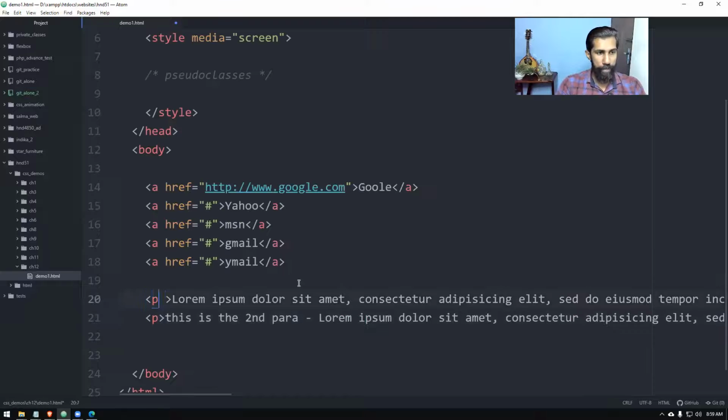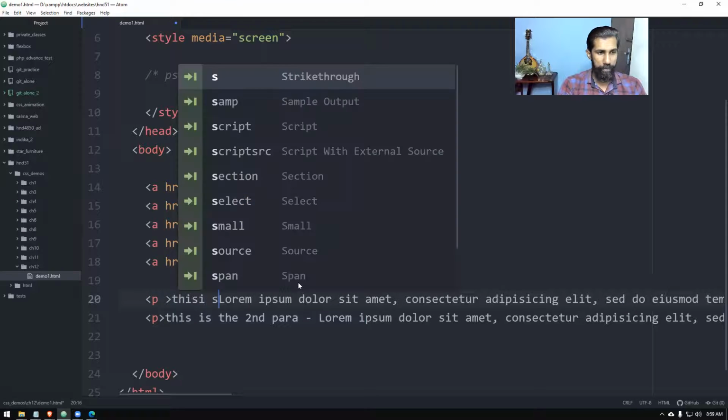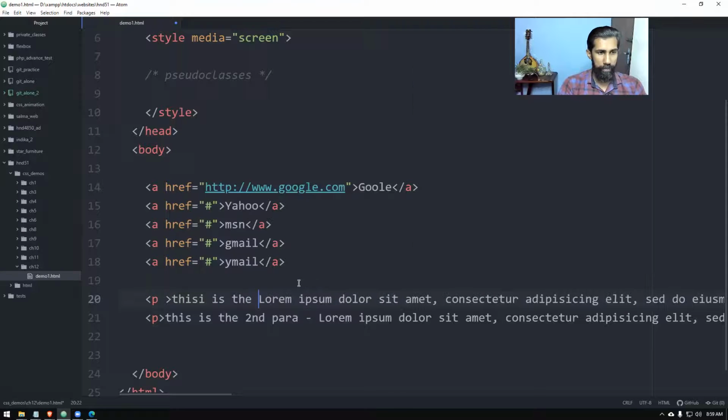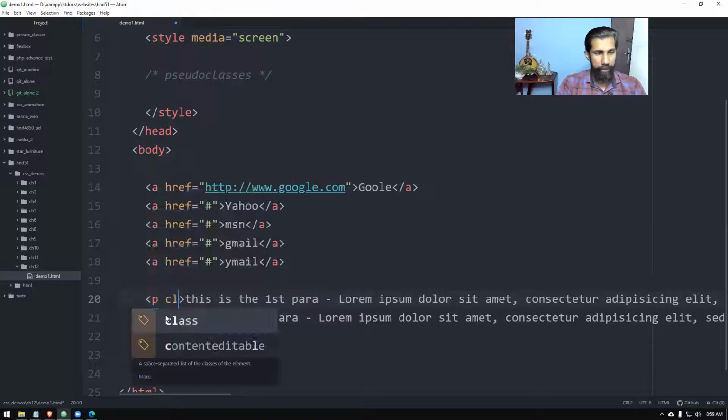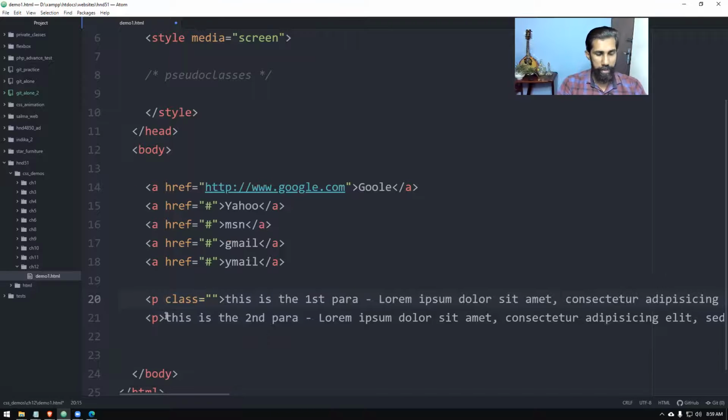This is the first para and this is the second para. Inside here, I give class equals first para. That's all I'm going to give.